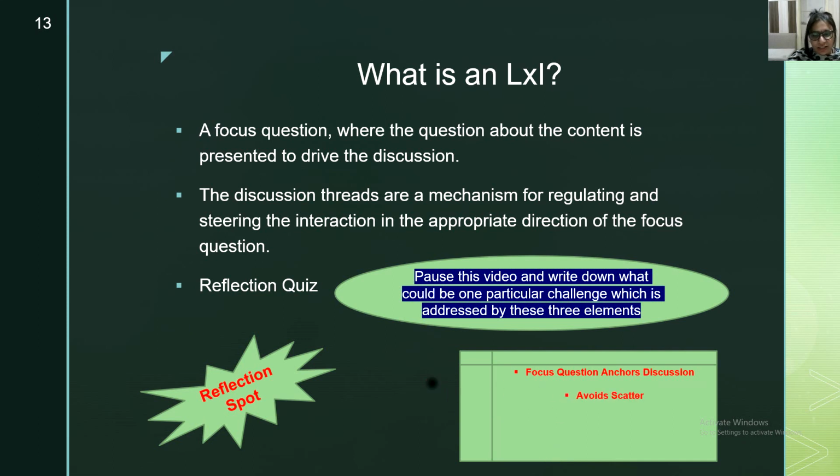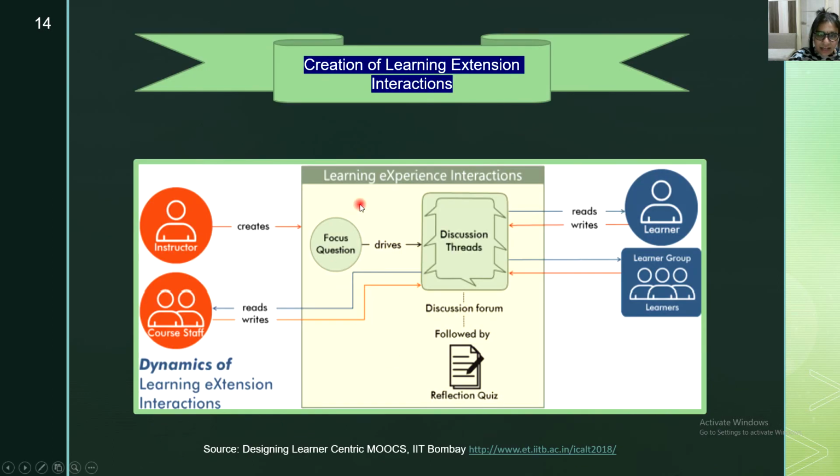So this is all about this model. I hope that you are going to find it very interesting, and this is the dynamics of discussion threads like LXI. The instructor creates a focus question. It creates the discussion threads among the peers.